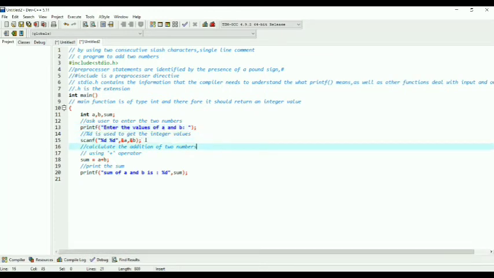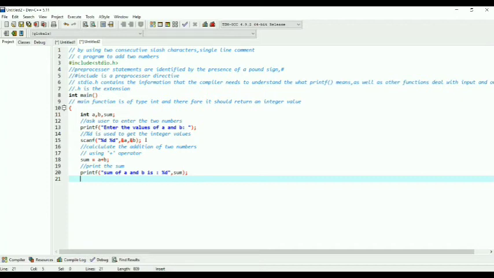And at the end, what do we have to do? Return 0. On most operating systems, returning 0 is a success status, like saying the program worked fine. Here we have used int, so it has to return some integer value.